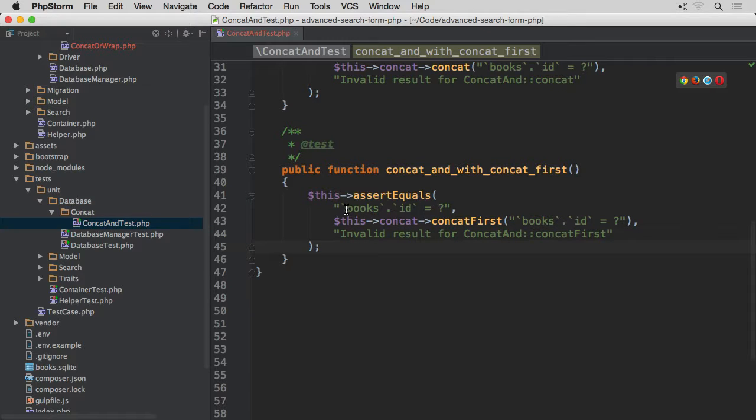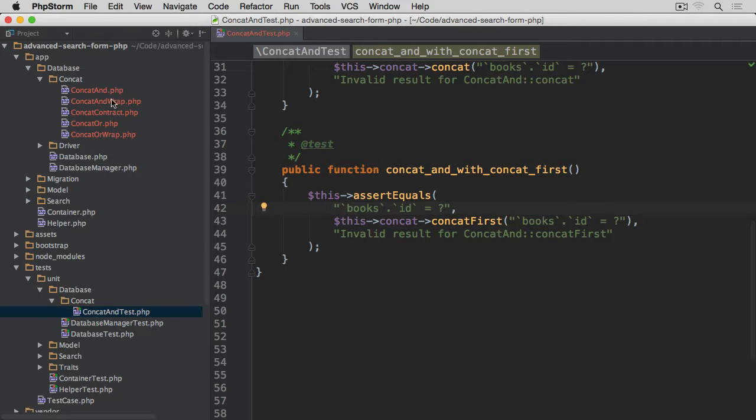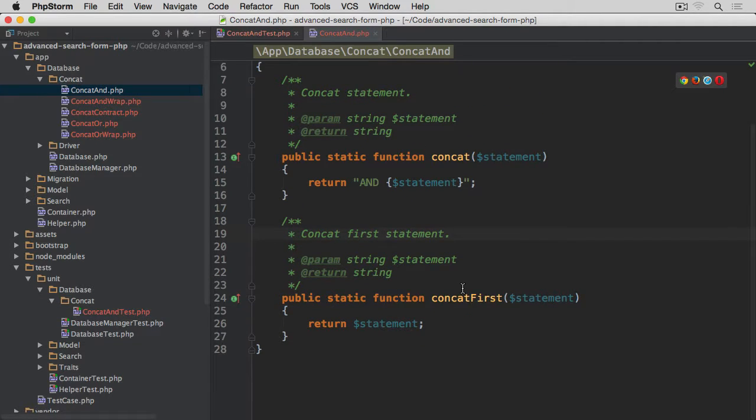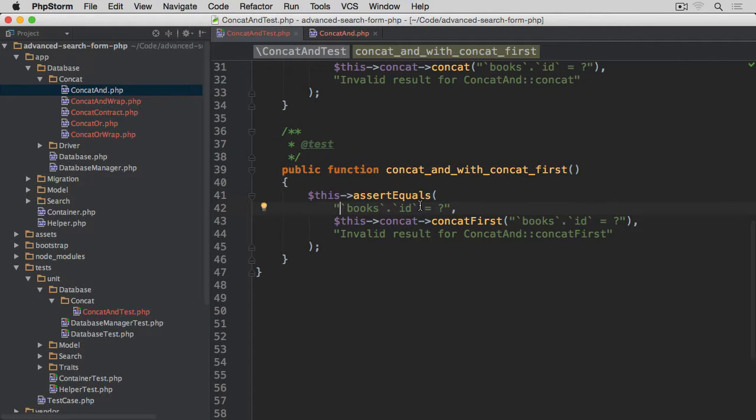Why this is returning just this is exactly what I explained earlier. If we open this concat and, when this is the first statement straight after the WHERE keyword in our SQL statement, then we obviously don't need to prepend AND. Then we just return whatever we want to start the WHERE statement with, in which case it's just what we're actually passing through as an argument. Okay, so let's save it